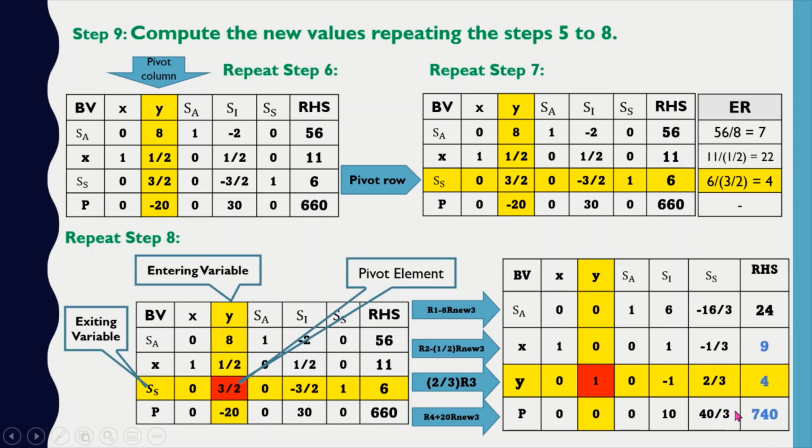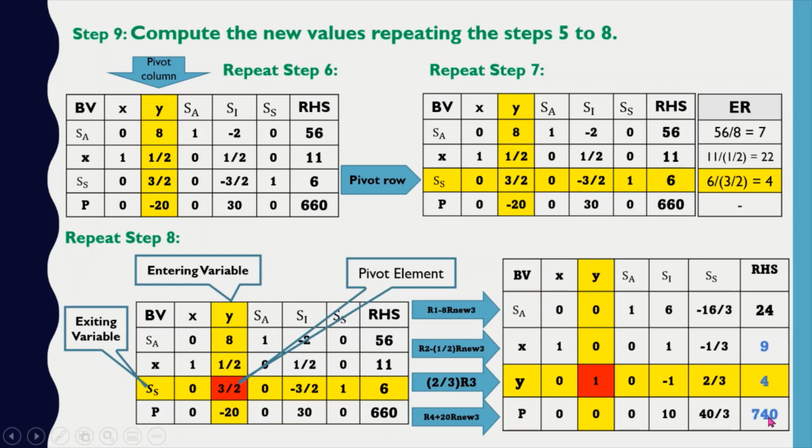And last, we have the right hand side column, original value 660. We have 660 plus 20 times our new row 3, which is 4. 20 times 4 is 80. Plus 660, that is equal to